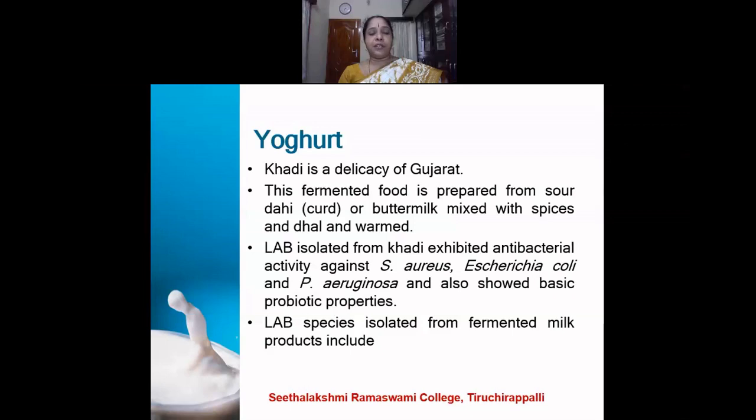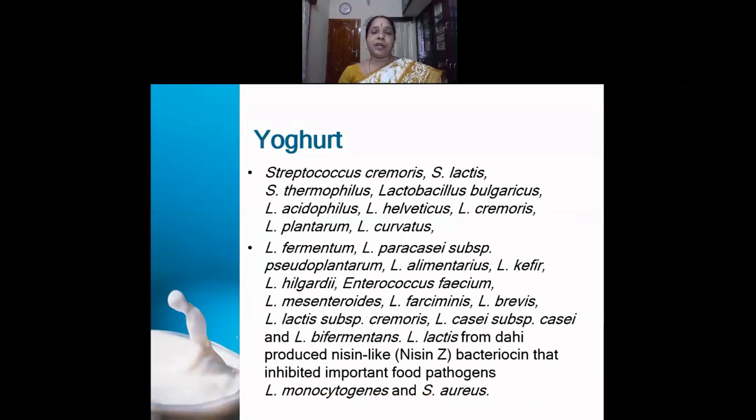The lactic acid bacilli species isolated from fermented milk products include Streptococcus cremoris, Streptococcus lactis, Streptococcus thermophilus, Lactobacillus bulgaricus, Lactobacillus acidophilus, Lactobacillus helveticus, Lactobacillus cremoris, Lactobacillus plantarum, and Lactobacillus coryniformis. Lactobacillus fermentum, Lactobacillus paracasei, Lactobacillus alimentarius, Lactobacillus kefir, Lactobacillus hilgardii, Enterococcus faecium, Leuconostoc mesenteroides, Lactobacillus brevis, Lactobacillus lactis,